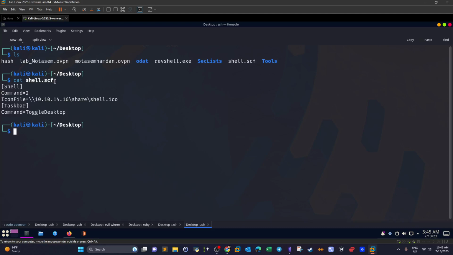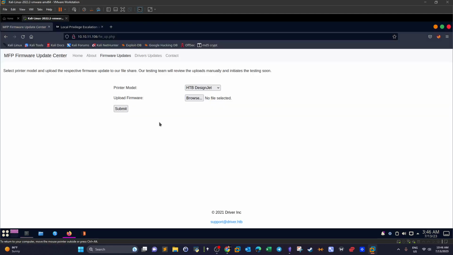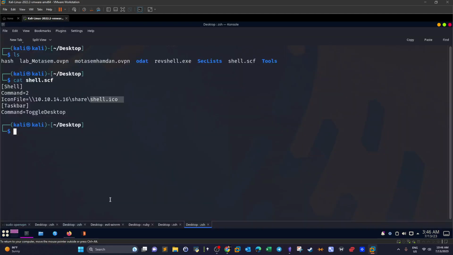Once it opens the file, it's going to try to request this path, which is the path on my machine. This is the IP address of my machine. Now, it doesn't matter whether the shell exists or not. My machine will ask for the authentication details. And the weakness here is that the machine will blindly respond with the authentication details of the current existing user under which the request is being made. So once I click on submit, quickly I will receive,